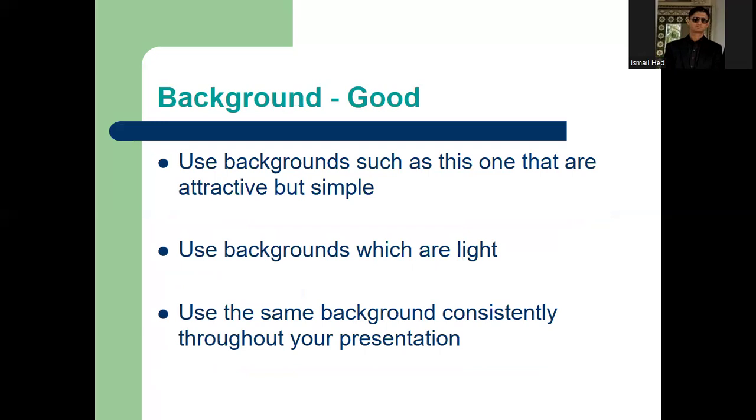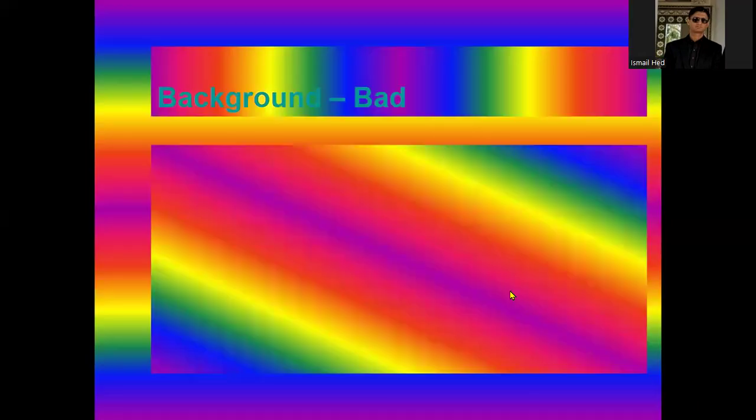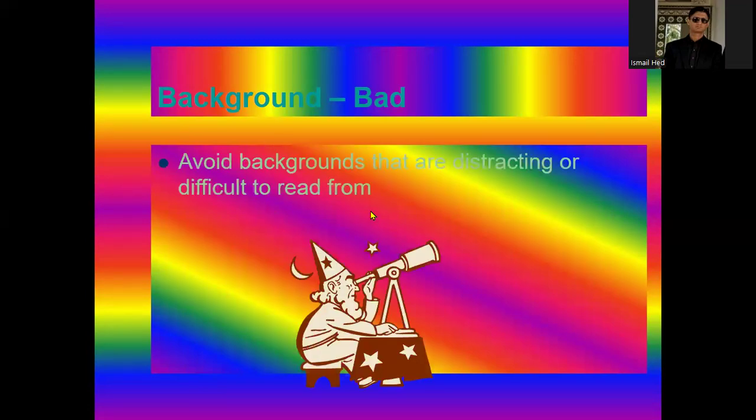Why so? Because you are going to present in a larger room where lights would be on, or where daylight would be peeping through the window panes. In that case, if the background is dark, it is not going to be visible to your audience. So it is appropriate that you use light colors which are visible. For example, this color is not at all going to be helpful to your audience.